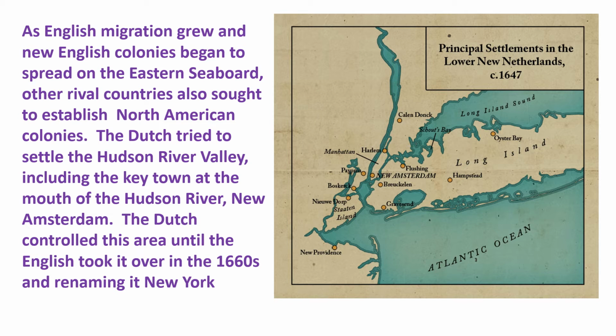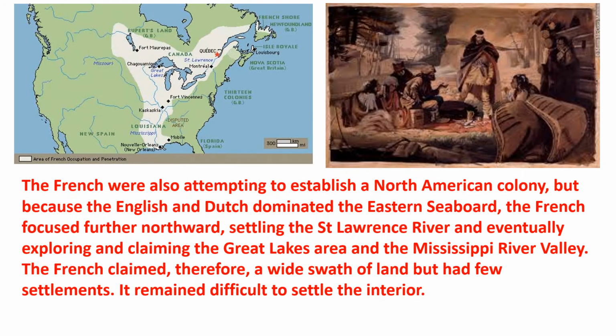The Dutch tried to settle the Hudson River Valley, including the key town at the mouth of the Hudson River, New Amsterdam. The Dutch controlled this area until the English took it over in the 1660s and renamed it New York. The French were also attempting to establish a North American colony, but because the English and the Dutch dominated